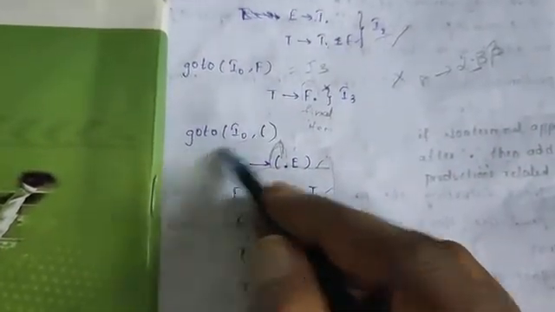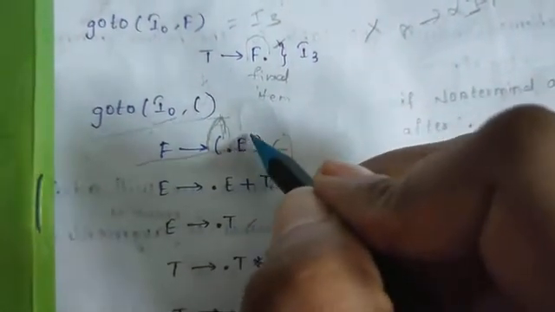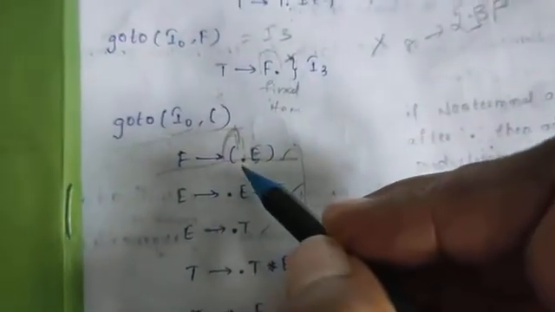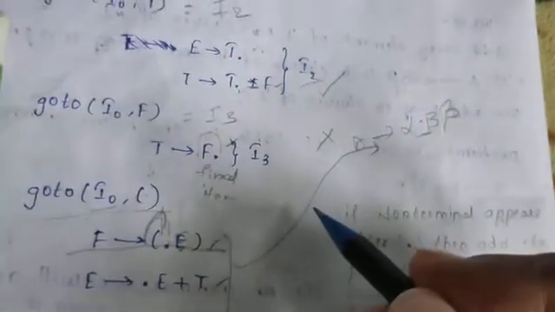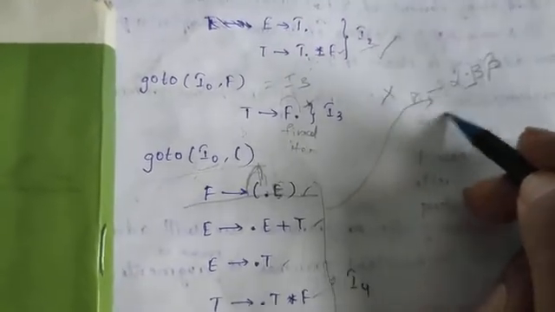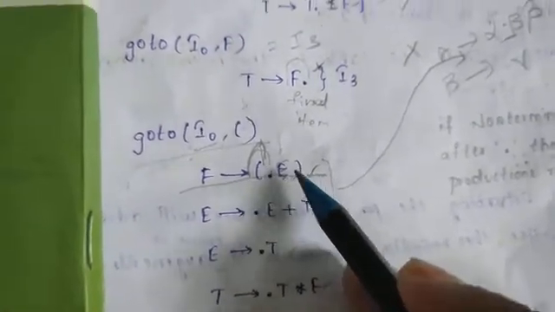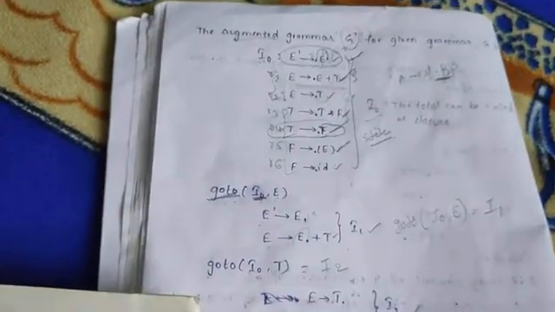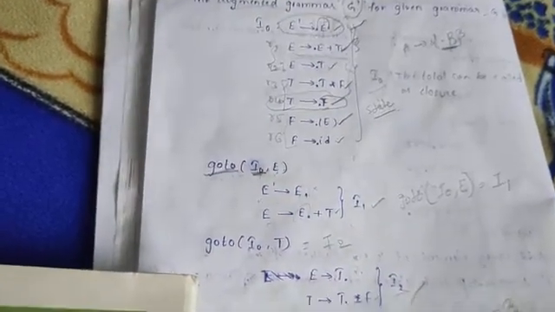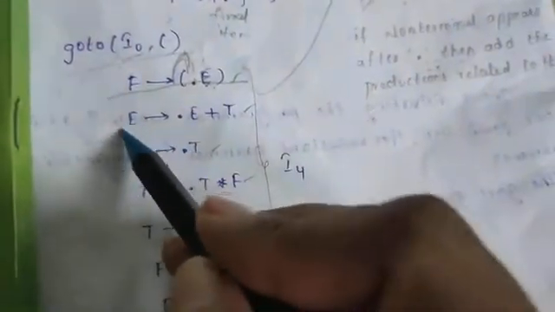Now, this is the first production in this goto statement. After observing this one, here the dot is before capital E. So dot before a non-terminal means it should accept the A tends to alpha dot B beta productions. Like that, if you match this one, we place B related productions, dot gamma, here. B related means E related productions. E related productions in our grammar are two things: E tends to dot E plus T, and E tends to dot T. So those two can be placed under this.